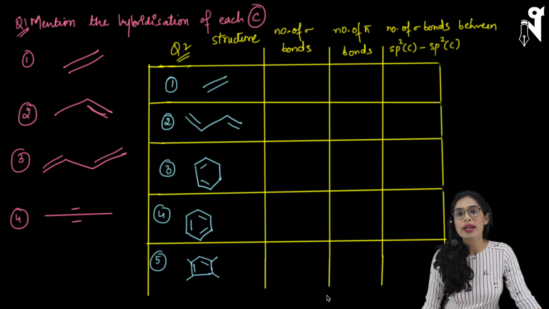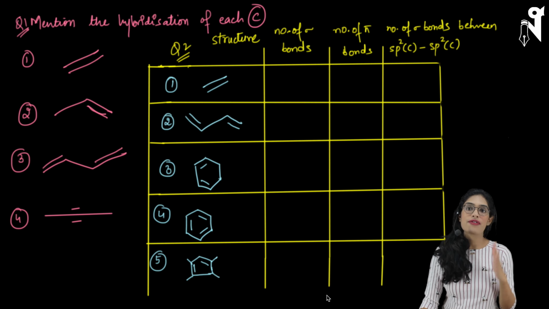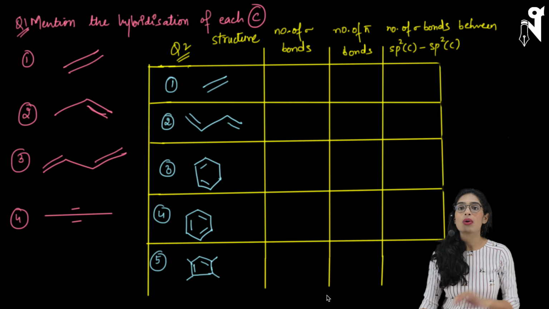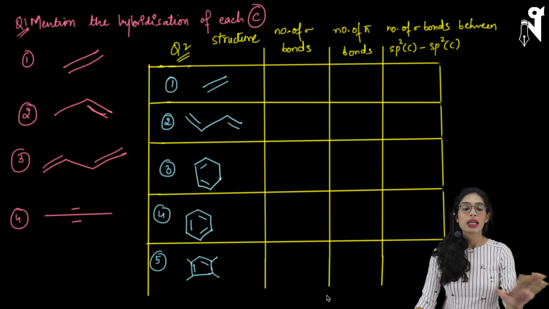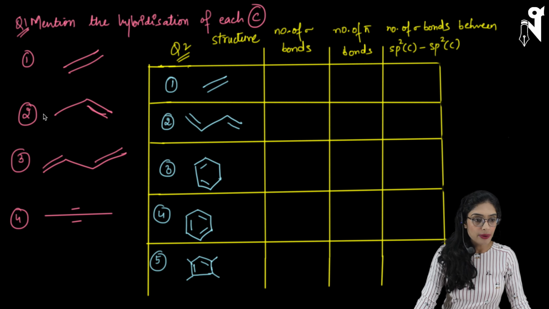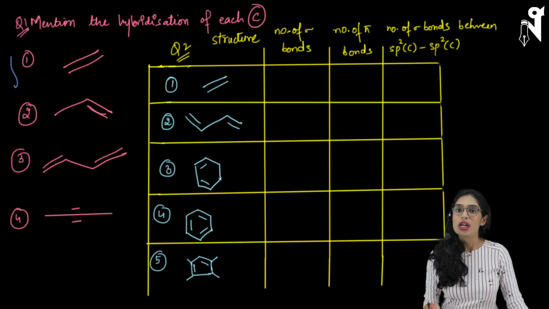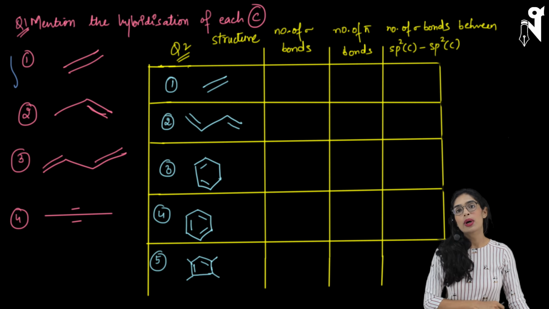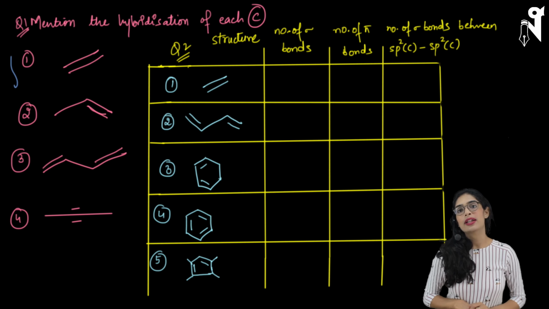Now if I ask you guys to figure out the hybridization of the carbons, will you be able to do it? If yes, then just take these questions, note them down, pause the video, and try to write the hybridization of each and every carbon in question 1. And then let me discuss question 1 with you, and then we will come to question number 2. So first you will try out question number 1 on your own. Pause the video, try it out on your own, and then let's verify the answers.